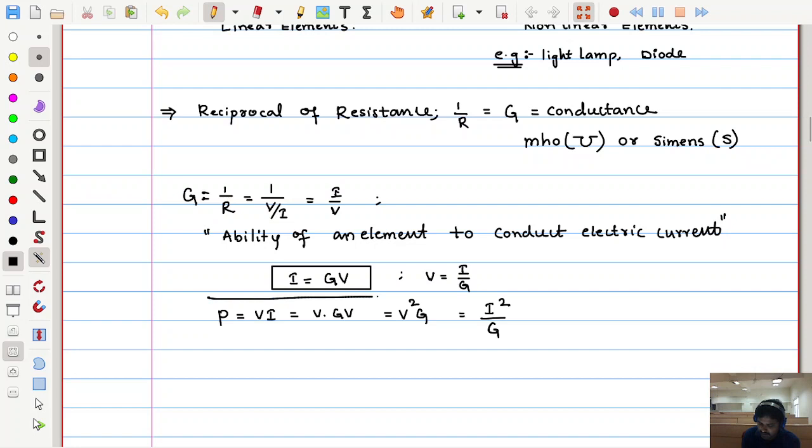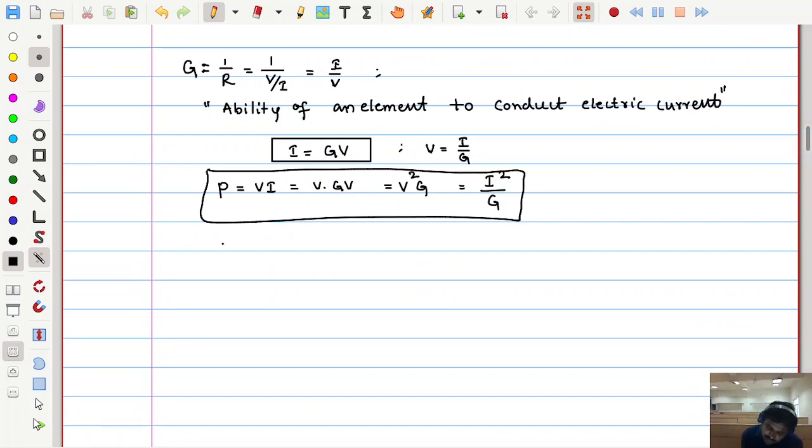So one should have a basic understanding of these things also. These are some important expressions, and you can see the power relationship with the voltage or current. So power is a function of the square of the voltage, or a function of the square of the current. Whenever there is a square relationship or cubic relationship, that is a nonlinear relationship. Only a direct proportionality, meaning a function of V or a function of I, is a linear relationship.